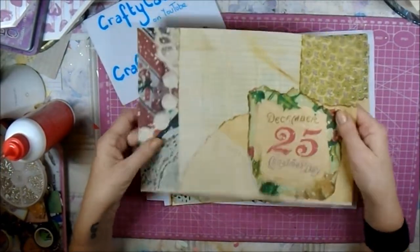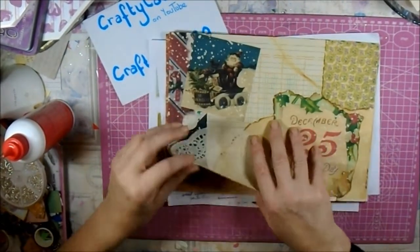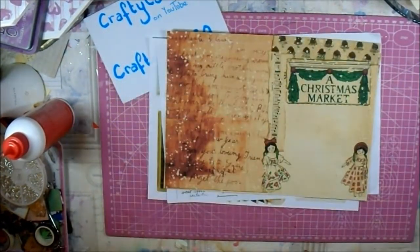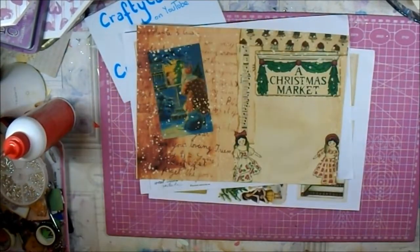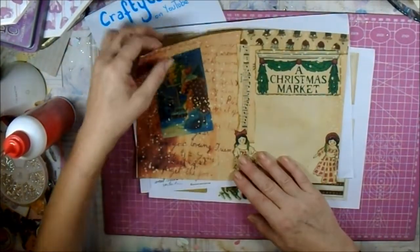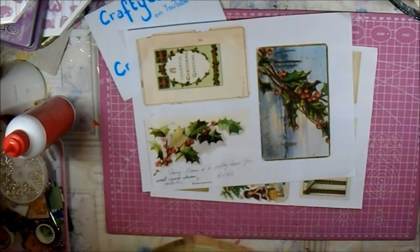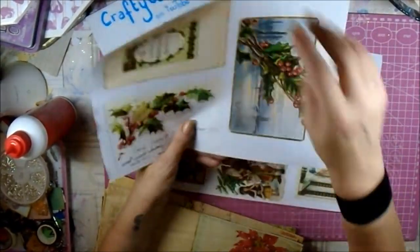And then we've got the lovely ledger in the background, and a very windswept Santa there on that one. These are fabulous, and I really like these with the Christmas market. And that is 16 pages there, and then you get this page that I've printed on white, cheerful Christmas greeting,